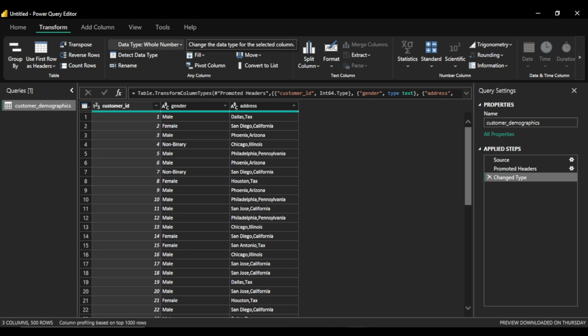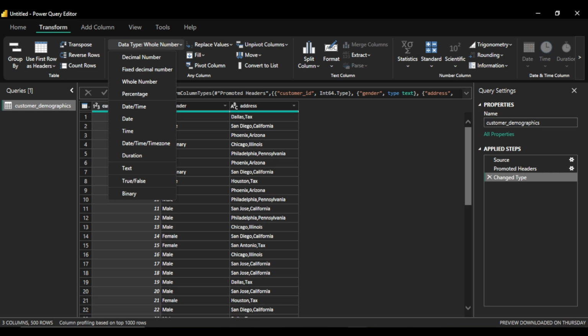Imagine we change this data type in the Power Query editor. So let's say maybe the decimal number. When you touch down on this drop down here, you have your full options of every data type that the Power Query editor has. So assuming we change this to decimal number,